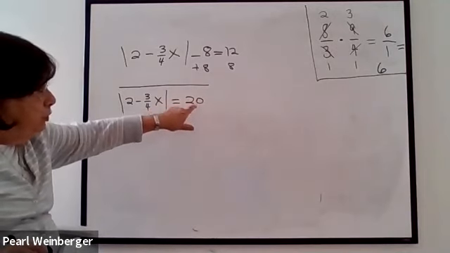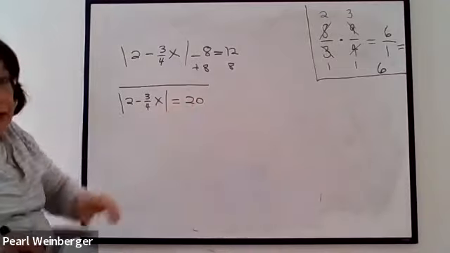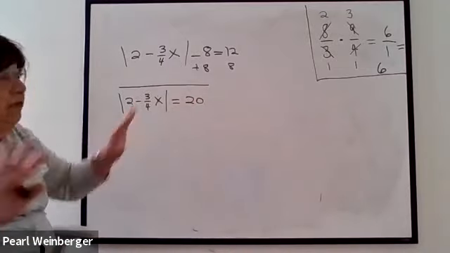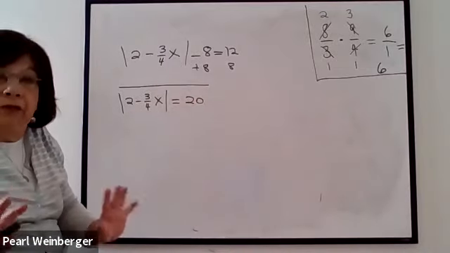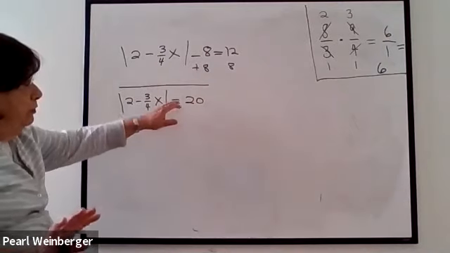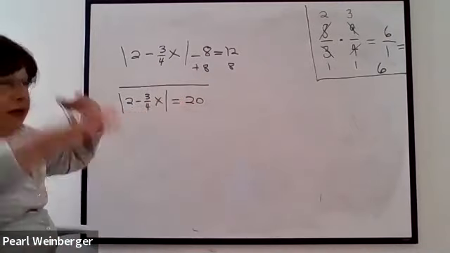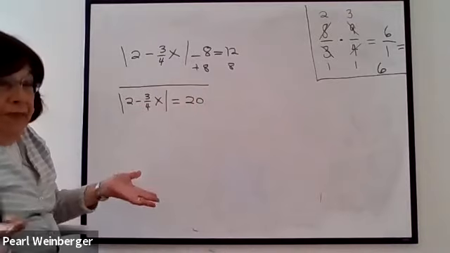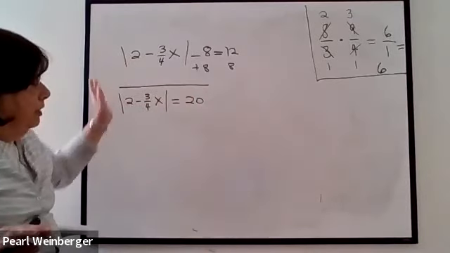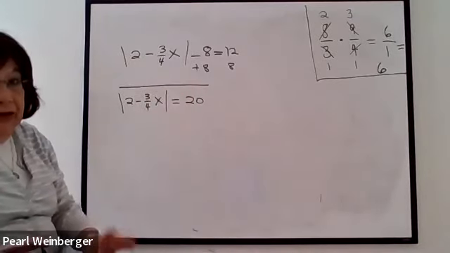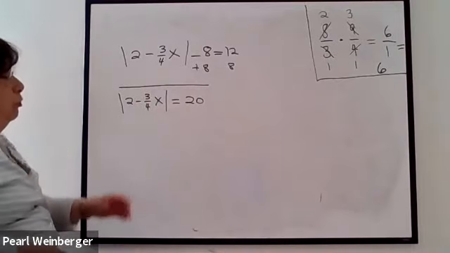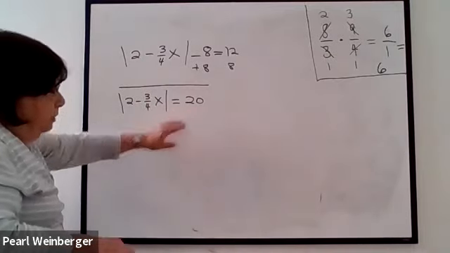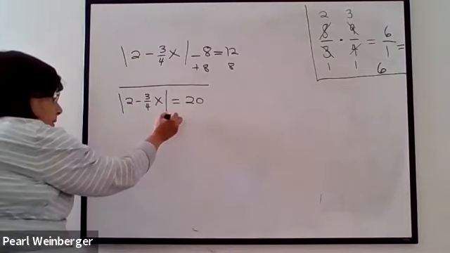I have to make sure this number is a positive number. If it's a negative number, I stop right there. It can't be a solution. So if this would have turned out to be -4, for example, I wouldn't have had to do any work, so I wouldn't bother with the fractions or anything. But of course, in this case, it is a positive number, so I have to go on with my steps,